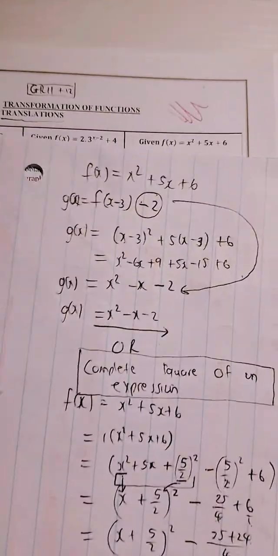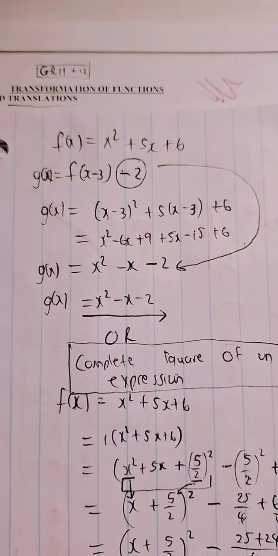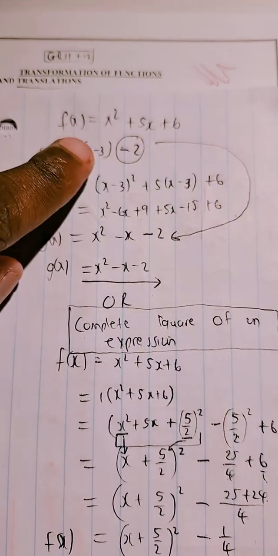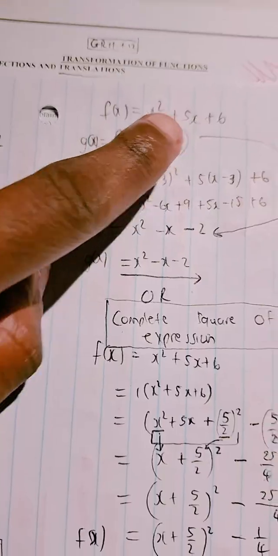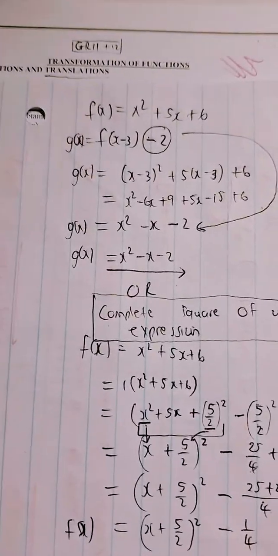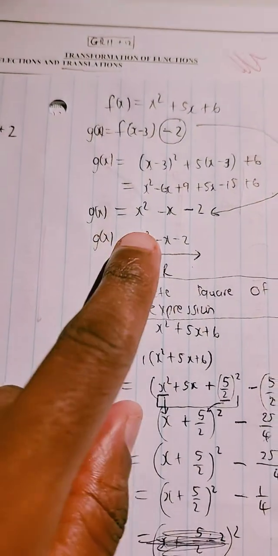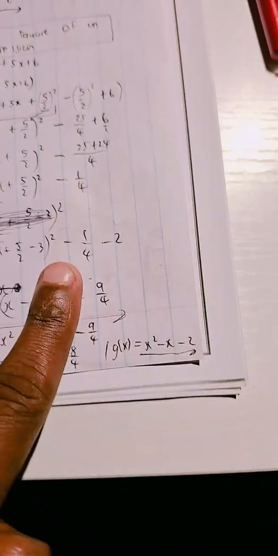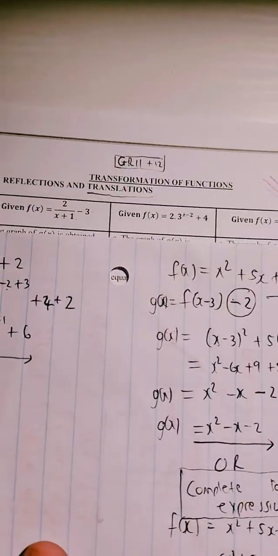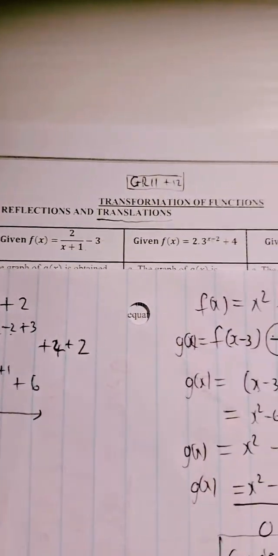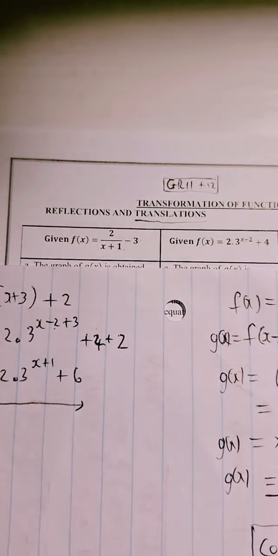One way of doing it here, another way you could have done it above as well, where here we explicitly took the x, we substituted x minus 3, then we subtracted 2 at the end so that we can get the function of g of x. We can see this is the same as that one there. So it works out very nicely. So guys, I hope we are clear about translation as it relates to vertical